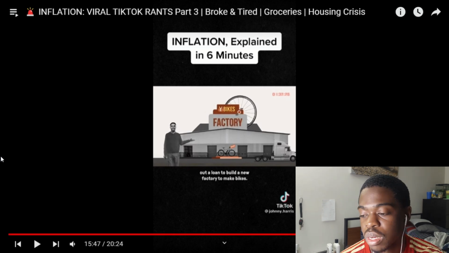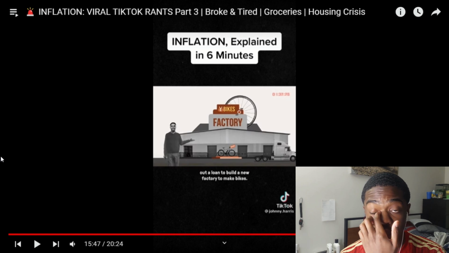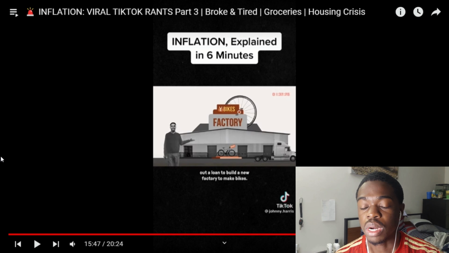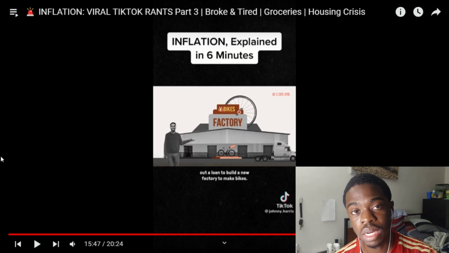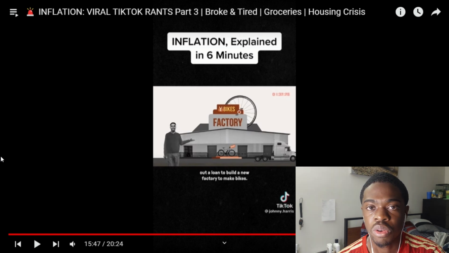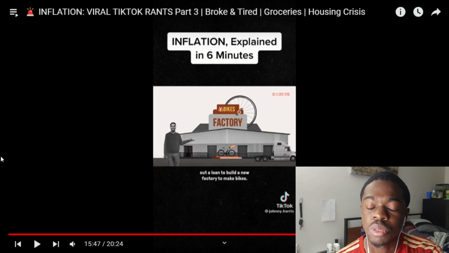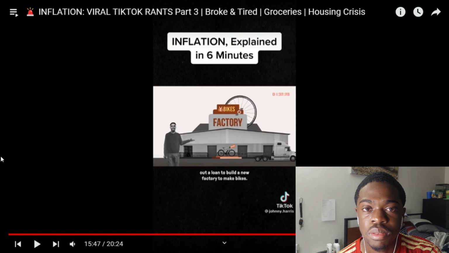Not only that, but if you're looking for anything new, before you go buy it full price at a factory or the outlet store, like for example a new bike, what I did when I got my bike, before I decided to buy a whole new bike, I shopped around on OfferUp. If you don't know what OfferUp is, it's a place where people sell their items that they personally own, right?